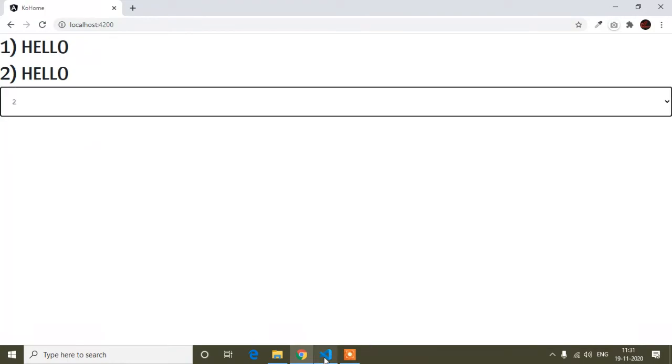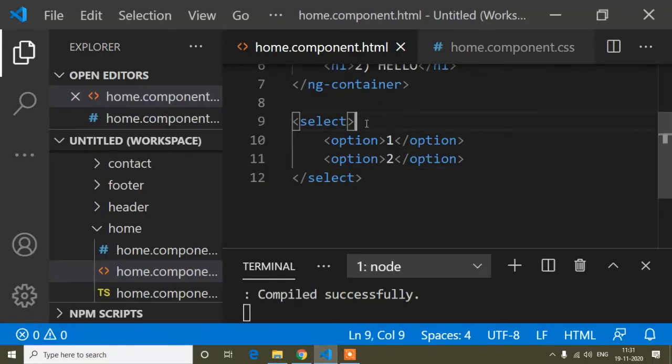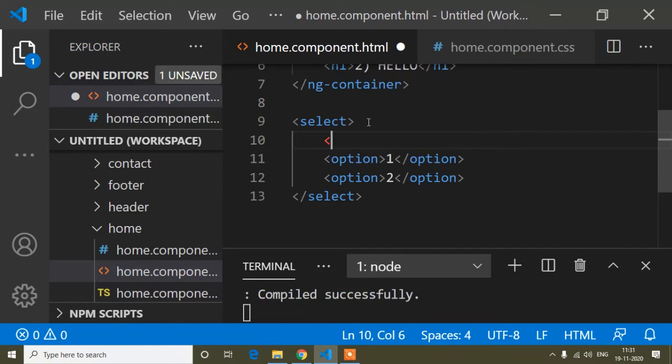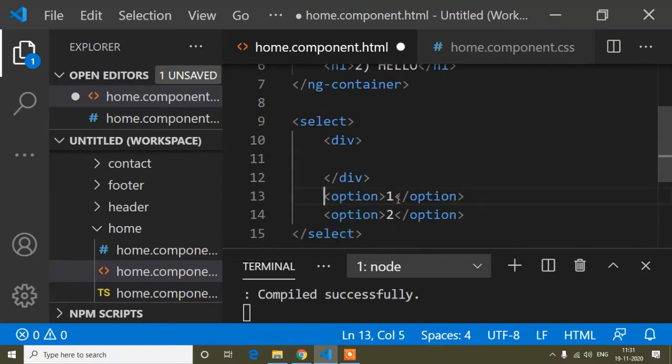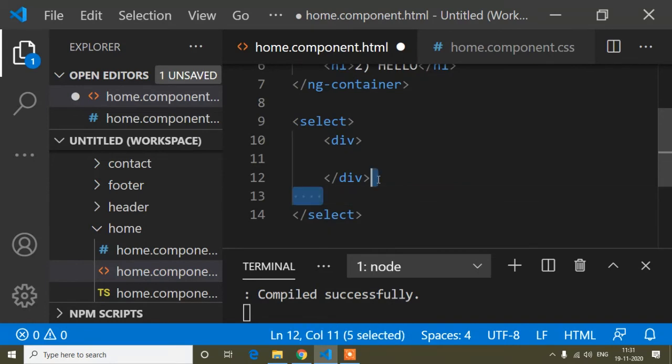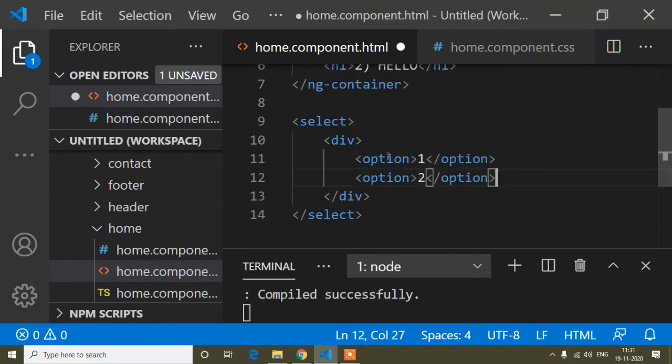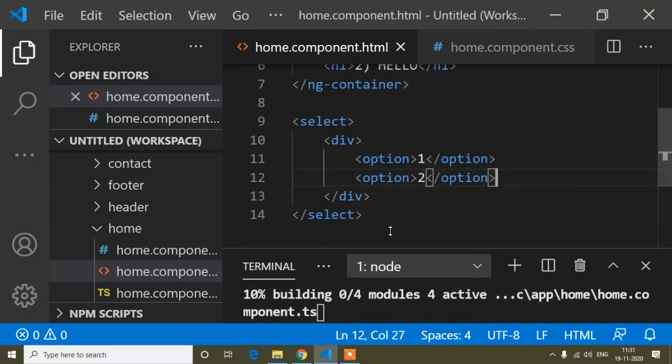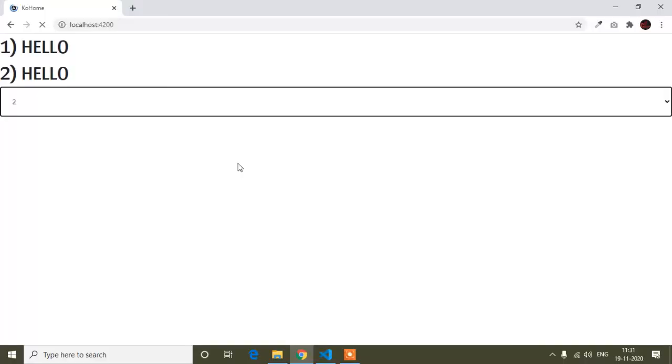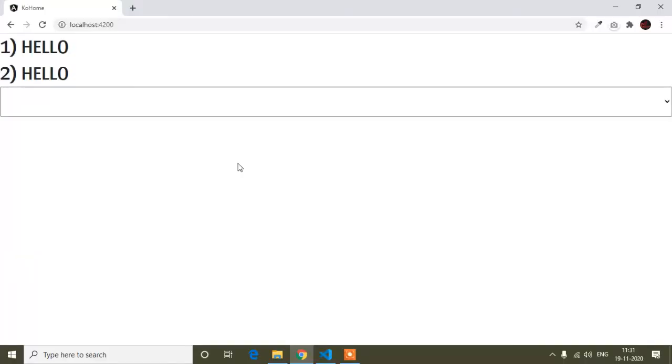But suppose inside this select, if I use a div, and inside this div I write this option, let's see what happens. Now you can see it's not working properly.